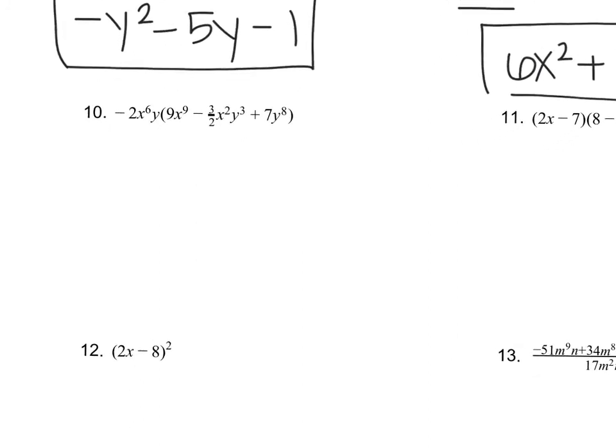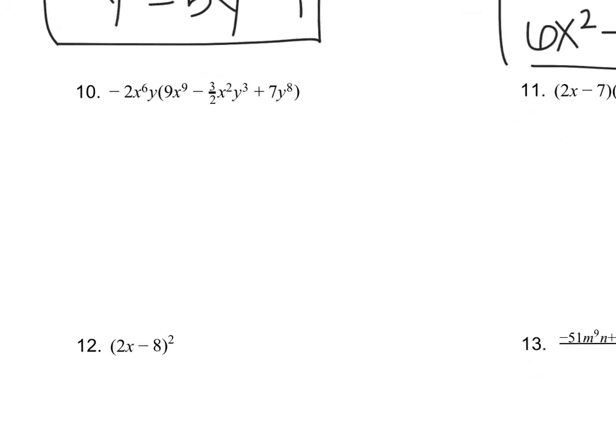Now we're going to take a look at multiplication. So the first type of multiplication is when we're distributing a monomial into a set of parentheses. What we're going to do is take our term negative 2x to the 6th y and multiply it to each term in our parentheses. So every time we multiply, we're going to take the two numbers and multiply them together. But when we multiply the variables, we're going to add the exponents. So what we do is we add exponents